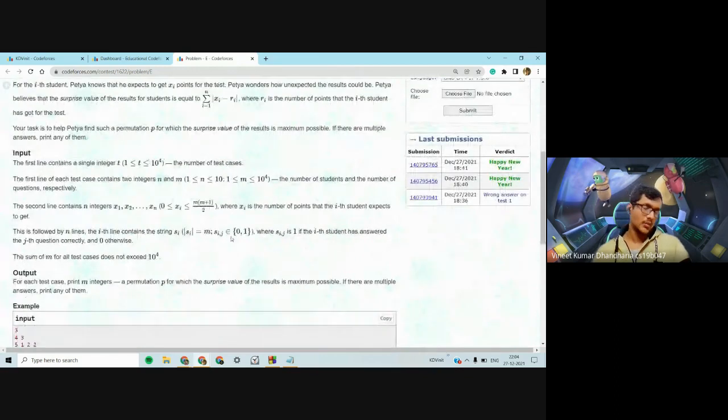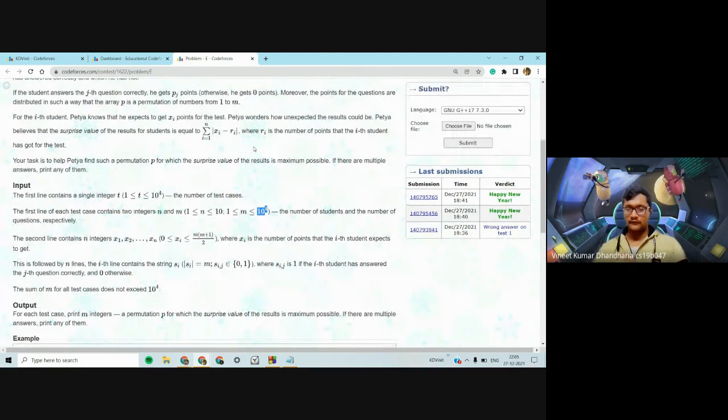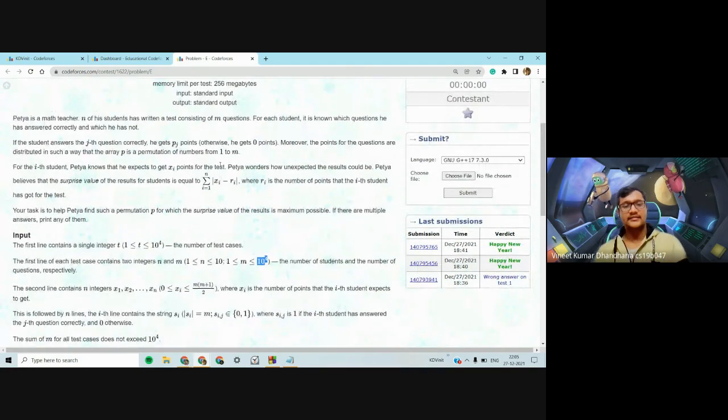Now let's see how you can actually do that. One first thing that you should see is n is 10 and m is 10 power 4. Whenever something is this small, you can directly get an idea that something around bitmask or binary would be used. Even if we take 2 raised to 10, which is 1000, and multiply it with 10 power 4, we get 10 power 7, which is more or less doable. So we must get that thing. After that, let's see where the binary comes into play.